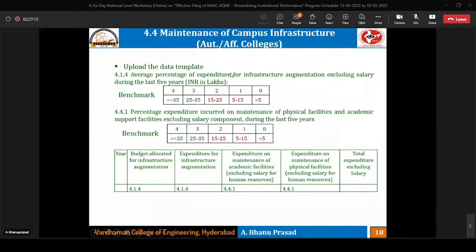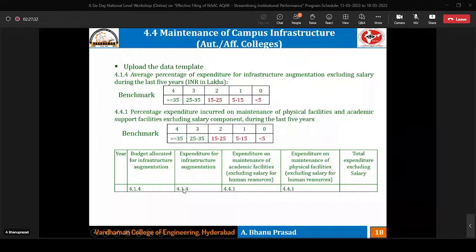So it is the expenditure of infrastructure augmentation. So budget allotted for the augmentation 4.1.4 and the expenditure for the physical facility, the civil works or the inside